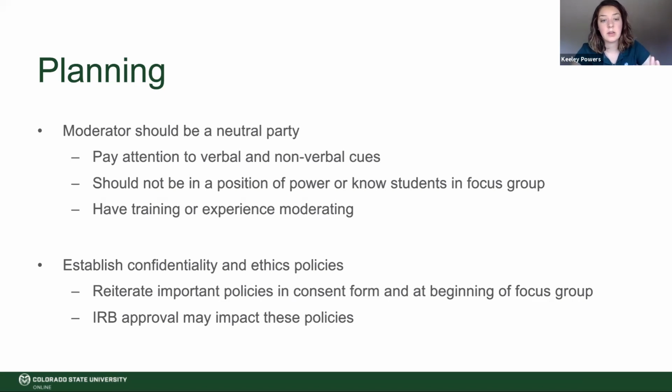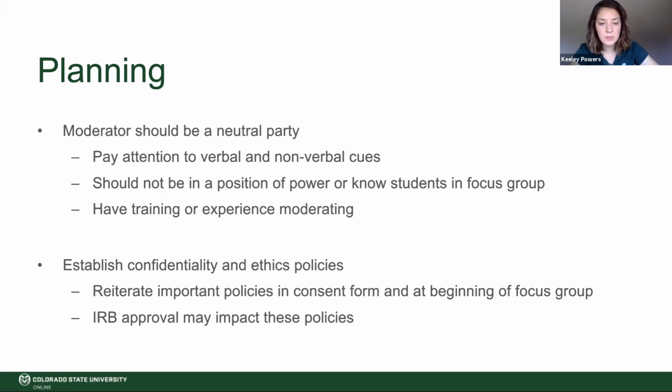And the same thing goes with the transcriptions. We make sure to remove any identifiers like name or age from the transcripts. And we also don't really discuss specific individuals' responses, unless the person that we're talking to is involved in the focus group. But the idea of the focus group is that you're sharing more general findings. You're not really saying, oh, one specific person said this. It's more of a general findings when you talk with stakeholders.